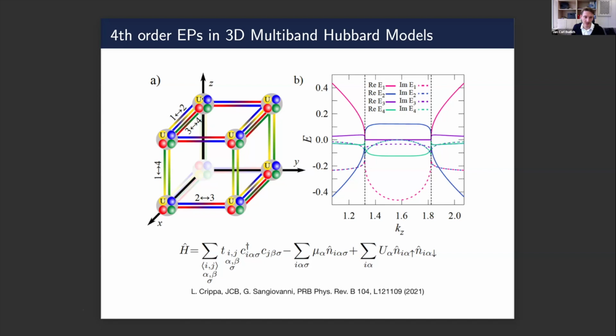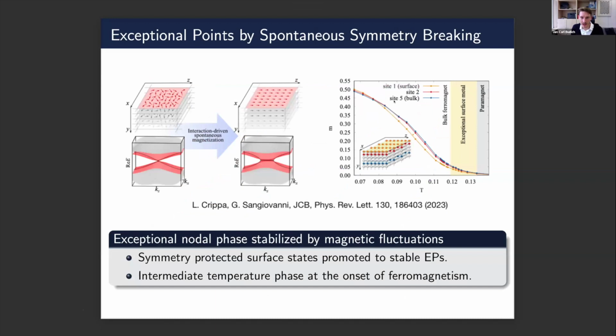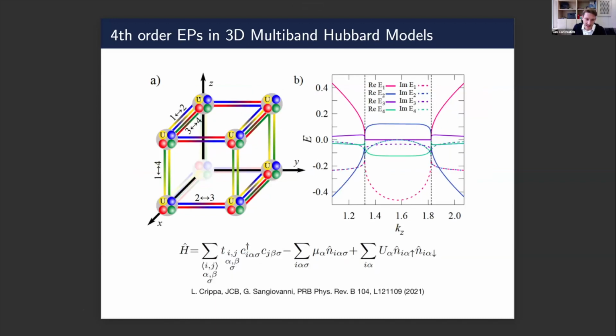Again, no fine-tuning, so you do not need to have exclusively interaction on the yellow orbital. It can also be just stronger than the one on the other orbitals. And then generically, if you have chiral symmetry in this model system, you would stabilize these exceptional points, which are hallmarked by an even steeper dispersion. So this would go like the fourth root rather than the square root, such a fourth-order exceptional point.